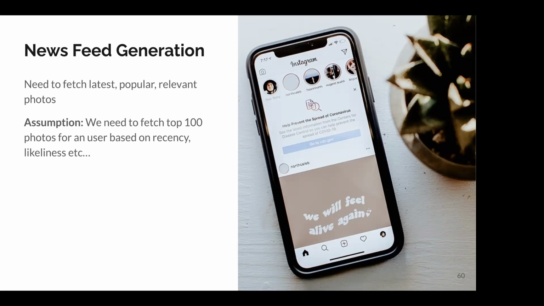Should we have a table called user feed, which is going to join many tables, use some kind of ranking algorithm, and show the news feed to the user on the fly? That would take a lot of time. And we were told that latency should be less than 200 milliseconds. By the time you join every table and fetch everything into the ranking algorithm, it would take